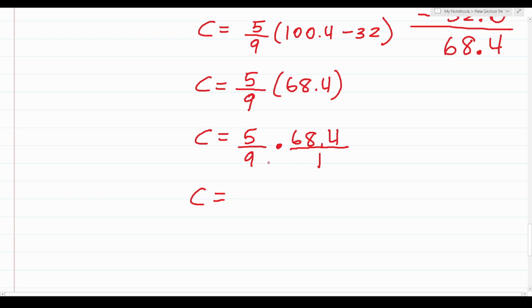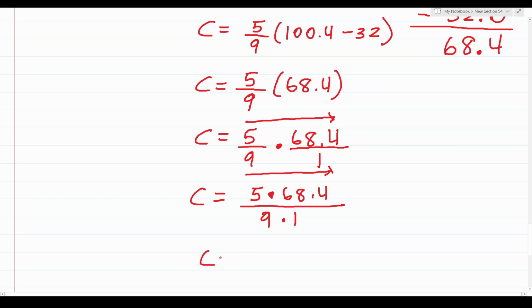And unfortunately, I can't reduce anything here, so I'm going to have to multiply straight across. That is to say, this is going to become 5 times 68.4 over 9 times 1. Well, 9 times 1 is easy. Anything times 1 is itself, so that's just 9. But that said, I have to work this off to the side. This is